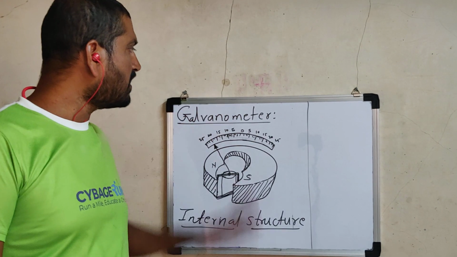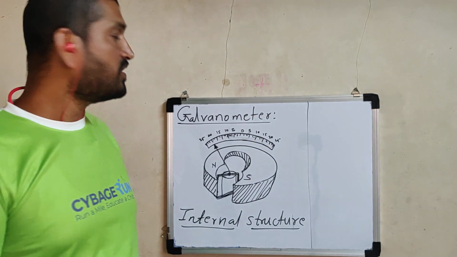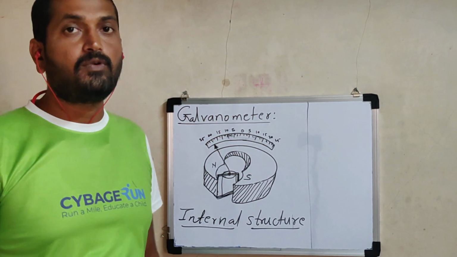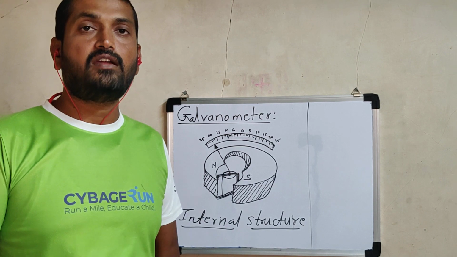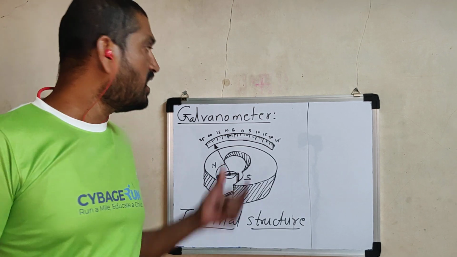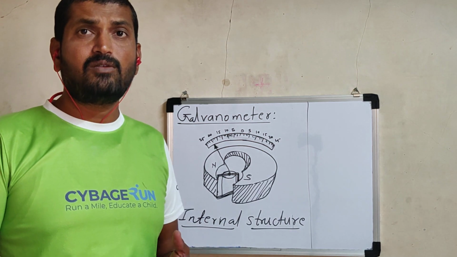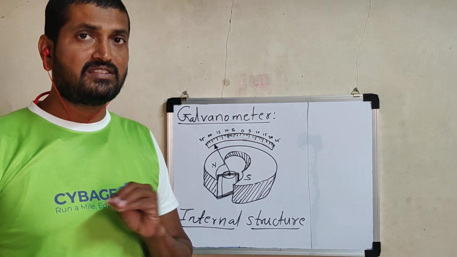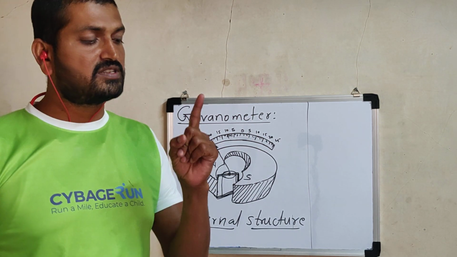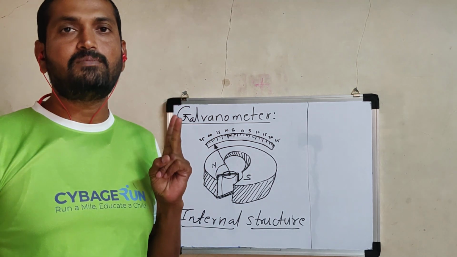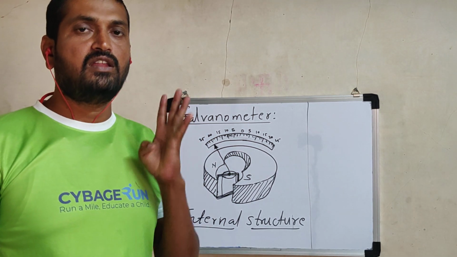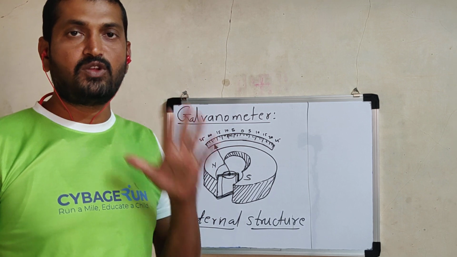Now, the last article belonging to this topic, current electricity, is the study of one more important device in electrical and electronic measurement, called the galvanometer. Once again, while studying any device, systematic steps are decided. Number one, definition. Number two, principle. Number three, construction. Number four, working, and number five, application.